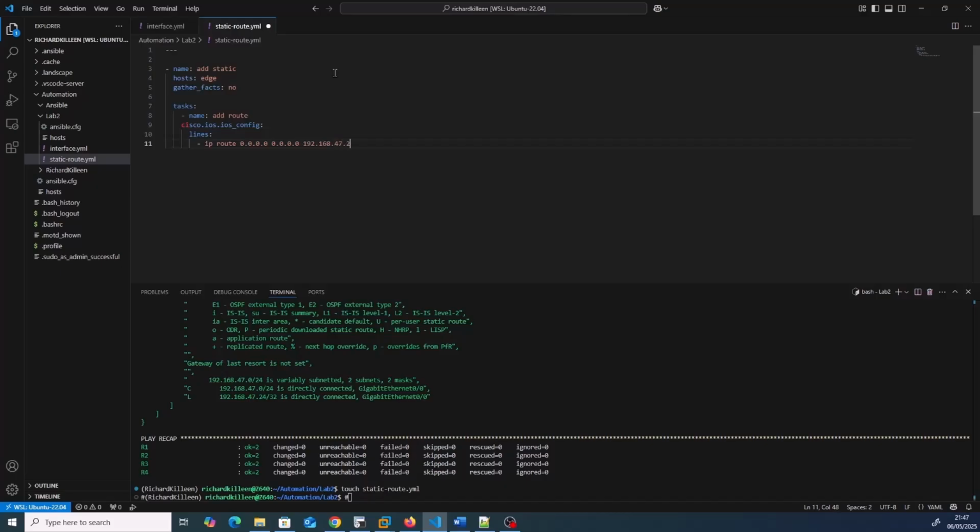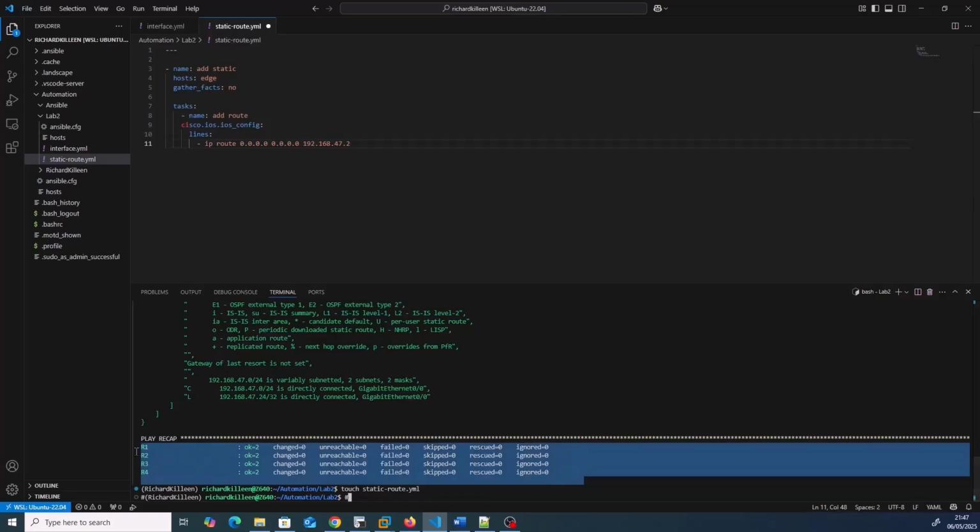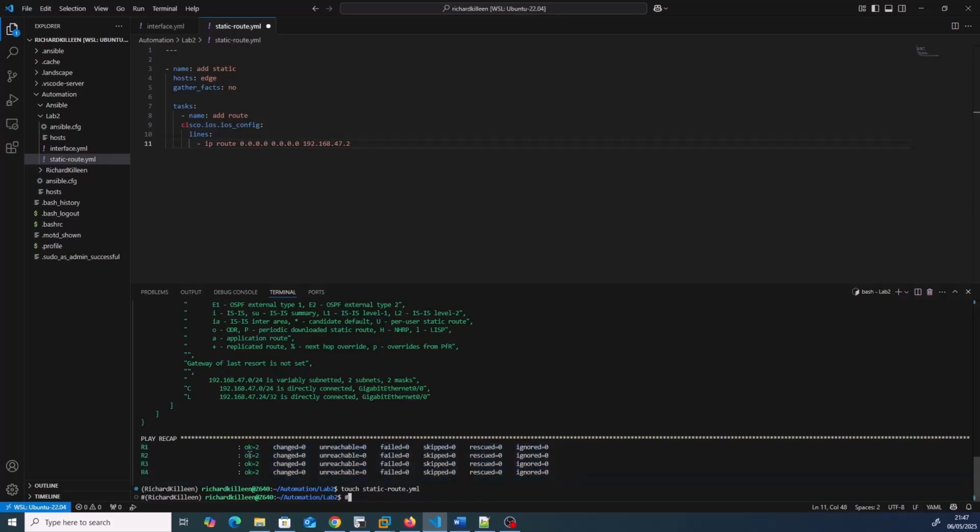We don't need to see an output. We don't need to see what's actually going on. All we want is at the end, where we see here that the tasks were run, they were successful, like we saw on the last one. It ran 2 tasks. The first task was to actually